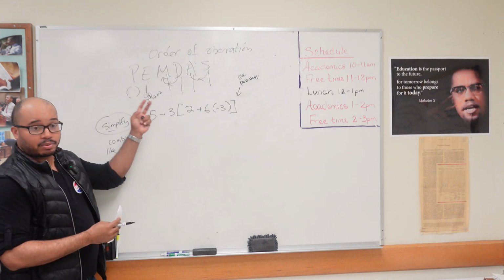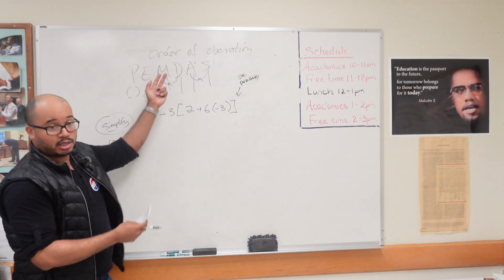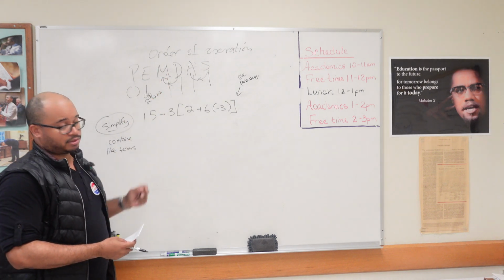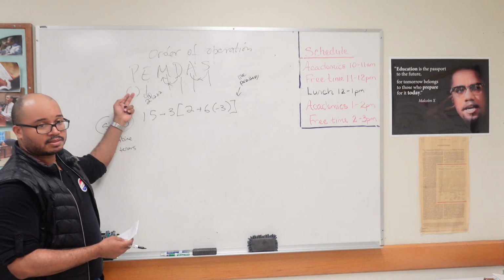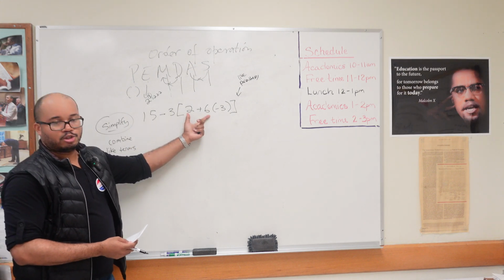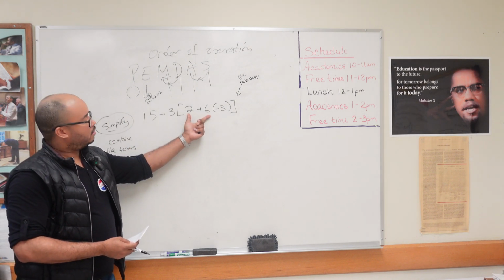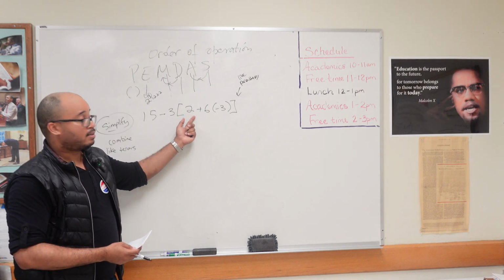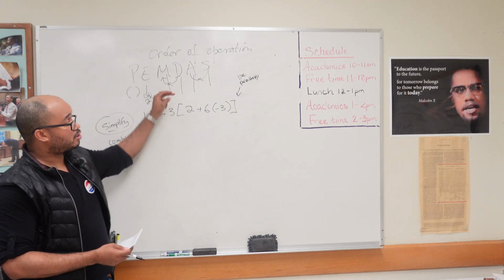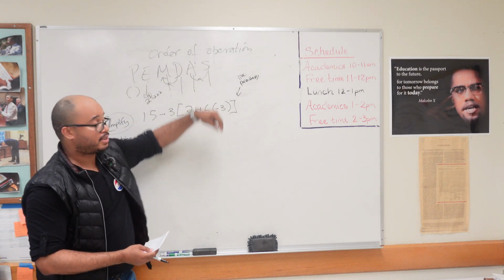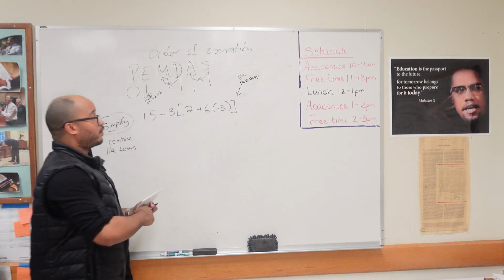What is that way that Mr. Paulin went over? The way to put this together is order of operations. So we start with the parentheses. And you might think, I'll just do the 2 plus 6. It is in a bracket, and a bracket is like a parentheses. No, you have to start at the innermost parentheses. So first I have to start here.